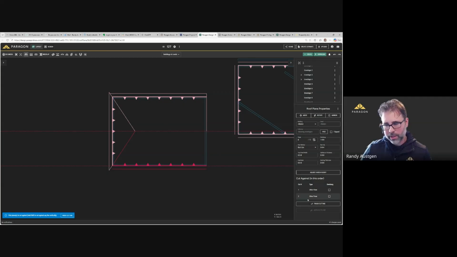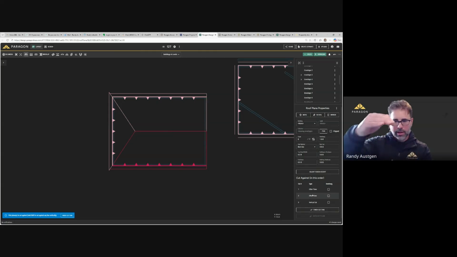And so watch down here on the bottom right, that's going to jump on me. As you are adding cuts against in this order, that's going to expand. Once you get really fast at this, you might be faster in the program to get down here and finish cutting, and it'll move on you. So I'm establishing a habit personally to go down here. This finish cutting is always static.